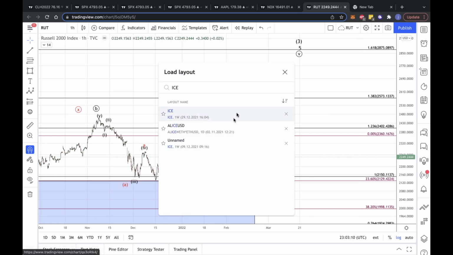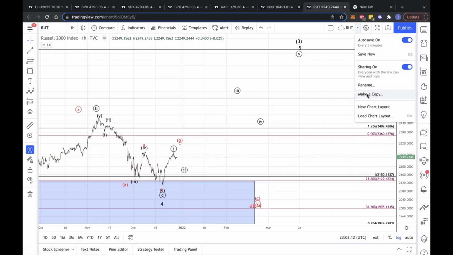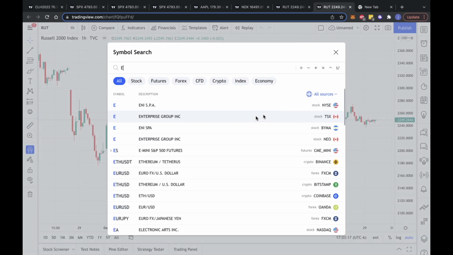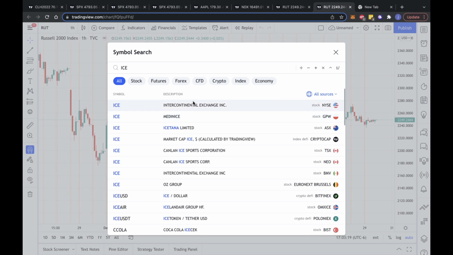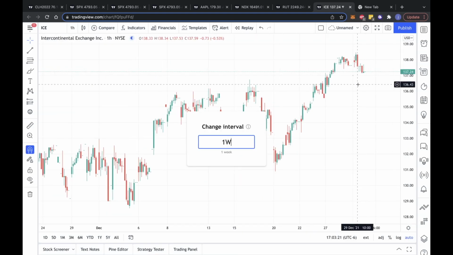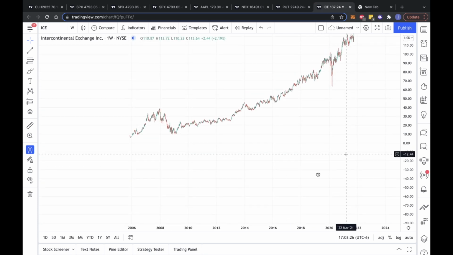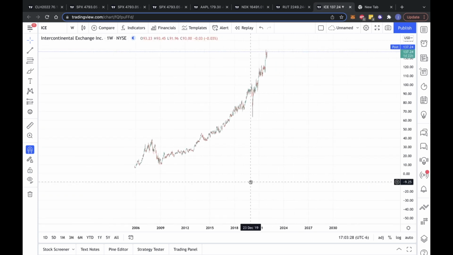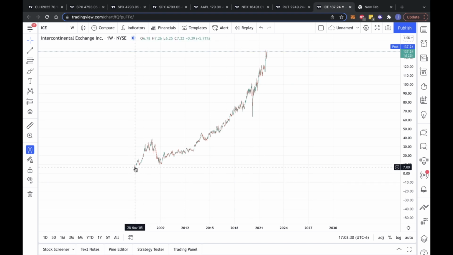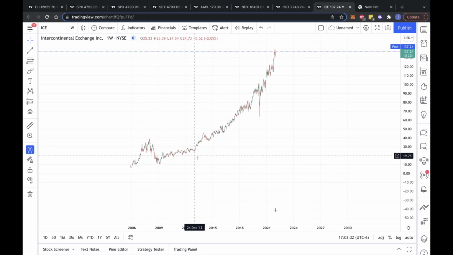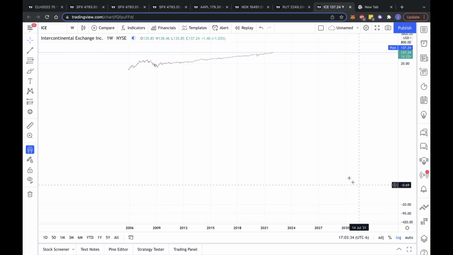Intercontinental Exchange. We'll do that from scratch here. So, new chart layout, and we were looking at the weekly chart off of the initial lows. Okay, so personally, when I chart these charts that have these big percentage moves, I always like to